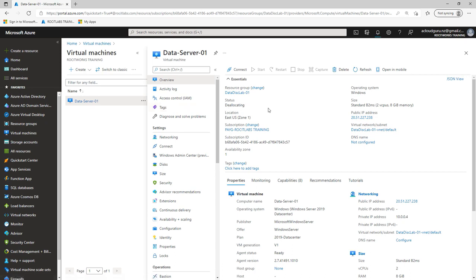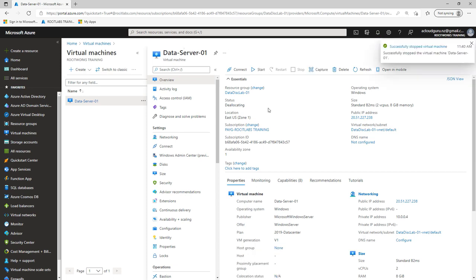Now, bear in mind, if you don't stop your virtual machine and it's not in a deallocated mode, while that virtual machine is running, you are paying for it. And the same with your data disk. It's an extra charge. So you just need to be aware of that. And as you can see, it's now saying it's in a deallocated mode. And of course, you can always hit the refresh button just to confirm that it is in a deallocated mode,